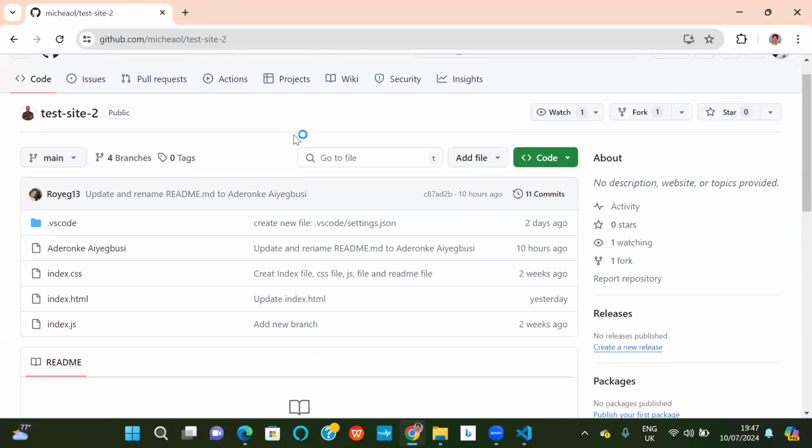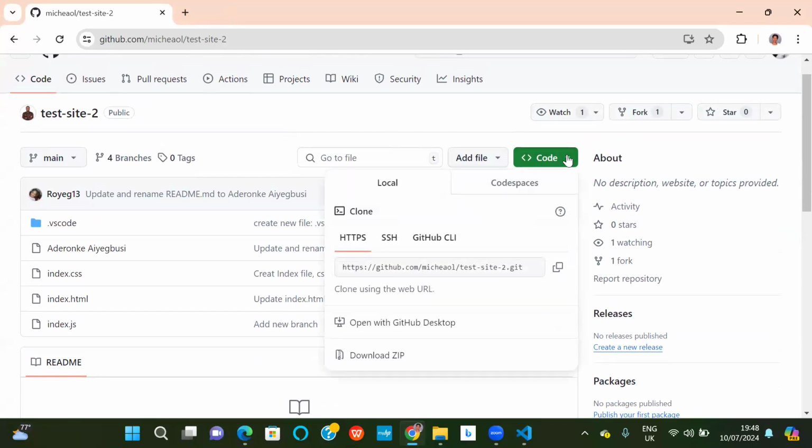So you can see code here, far to your right. Click it. Let's see if you still remember your passphrase. When you set up your SSH, do you still remember the passphrase? Yes or no? I'm not going to crucify you for forgetting it. I don't remember, sir. Okay, no problem. Let's copy the HTTPS then, if you can't remember.